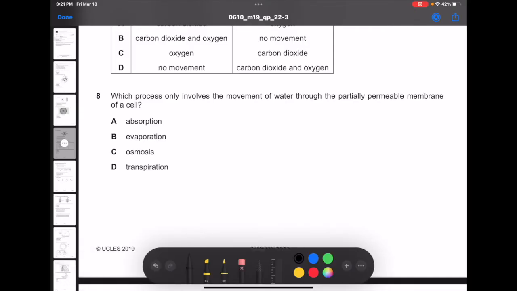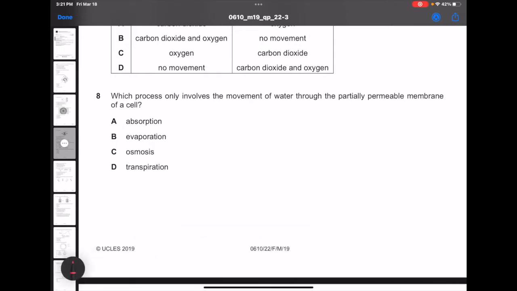Which process only involves the movement of water through the partially permeable membrane of a cell? So this question is asking for the movement of water. So at a glance, I automatically will choose osmosis because osmosis is the movement of water molecules from high